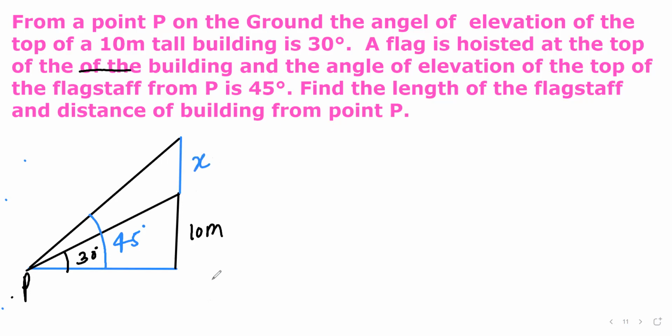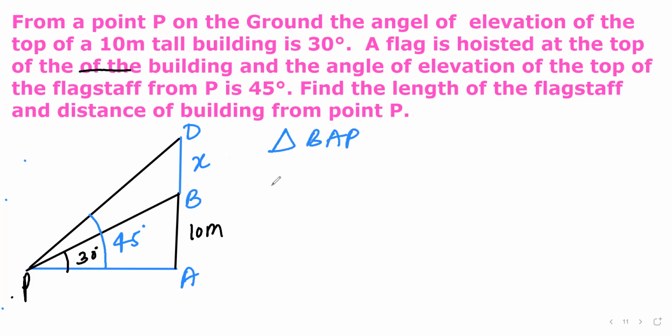So P, A, B and D. We have to find out the height of the flagpole, and height of the tower is 10 meter. So now what I will do, from the bigger triangle, there are two triangles are there. Triangle APB and DPA. So now what I will do here is, from the smaller triangle, the smaller triangle is here,